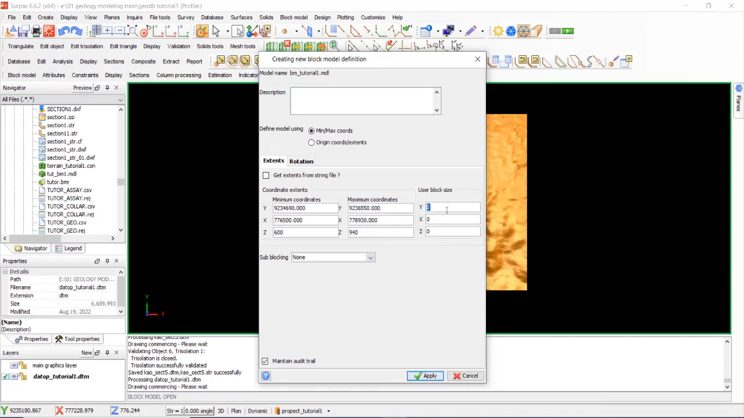This is block size. Because this area is 451, we try a 5 by 5 size, and Z in 2.5 or 2. Okay, select sub block blocking if the SA is